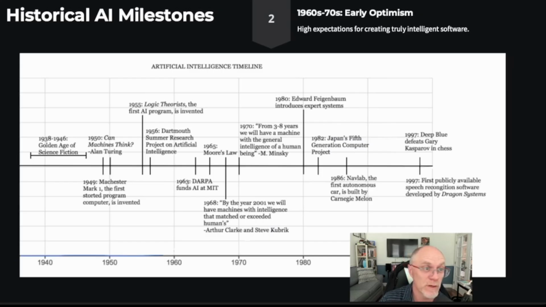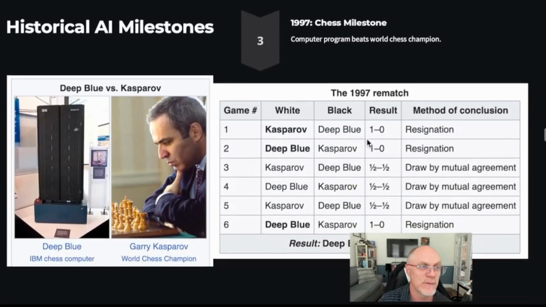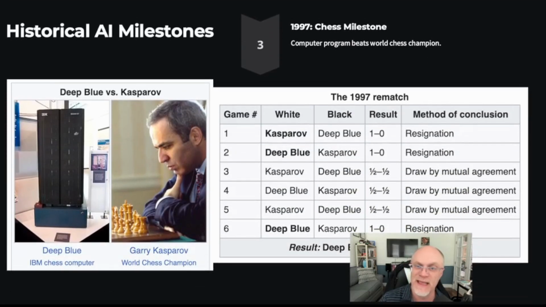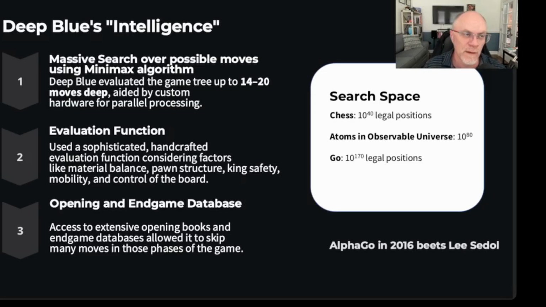So something we're going to look at right now is that in 1997, Deep Blue, the IBM supercomputer, beat Garry Kasparov, who was the world champion in chess at the time. That was a huge milestone. And here is a picture from the Wikipedia page that discusses this. In fact, it was the first time that Deep Blue won. It was actually a very close match, or series, I guess you could say, where it barely edged out 3.5 games to 2.5 games.